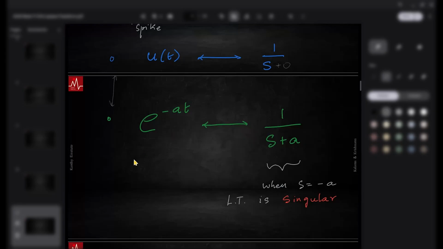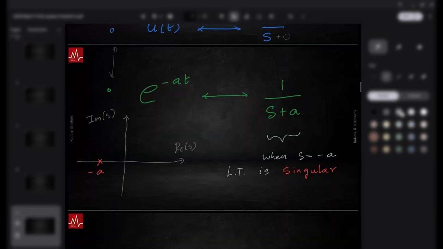What it says is, this is a complex plane. And there is a real part of s, and an imaginary part of s. S equals minus a, this is now minus a here. It's a real number. There is no imaginary number. At that location, yes, the function becomes singular. Another way to put that in simple English,